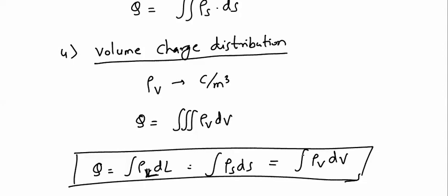Now we will find the electric field due to all these different types of charge distributions. We have just written the formula. Now we will consider a case where we have to find the electric field at a point due to a line charge. We need not go into the derivations. We will directly write the formulas for this.